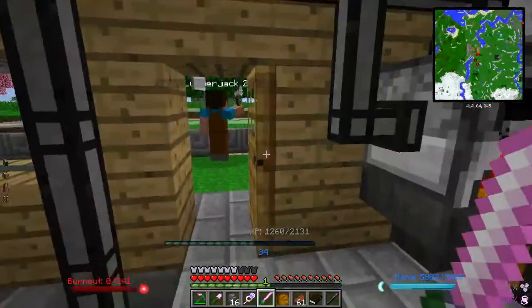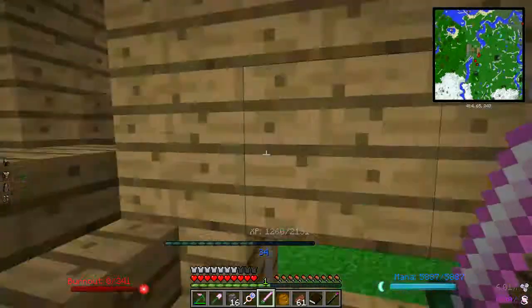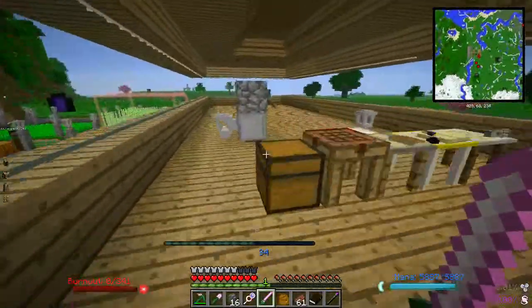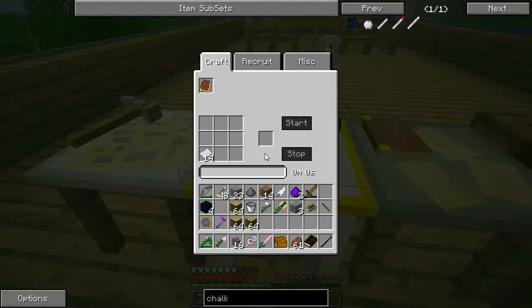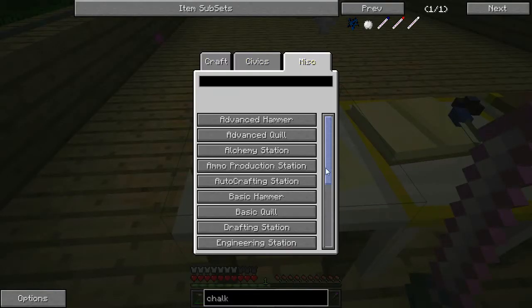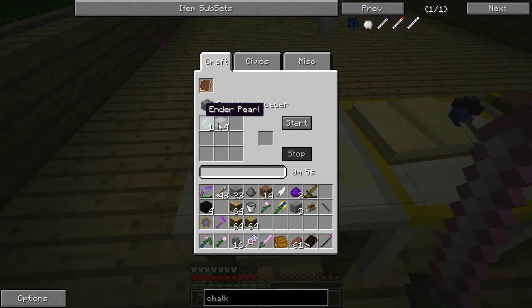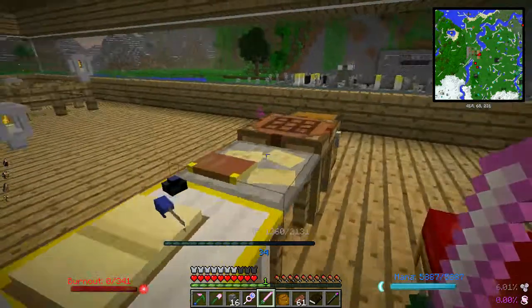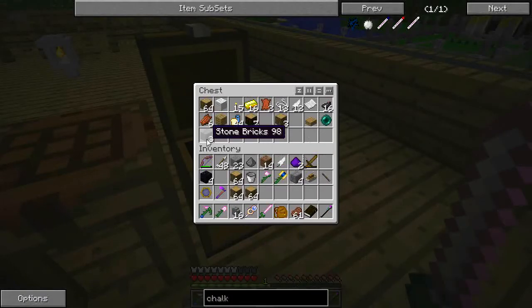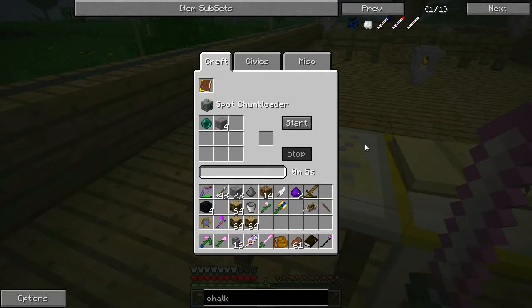Alright, so yeah, that's working really well, and I've got some extra wood here that I don't need. So let's go ahead and stick it up here, and let's see, there's another thing I want to make. Let's look in here under miscellaneous, I think it is. A spot chunk loader. Okay, for this we need 1 ender pearl and 4 stone bricks. Do I have any stone bricks in here? I've got, yeah, okay. And there's the ender pearl. So what we're going to do, ender pearl, 4 stone bricks, and 5 seconds later we have a spot chunk